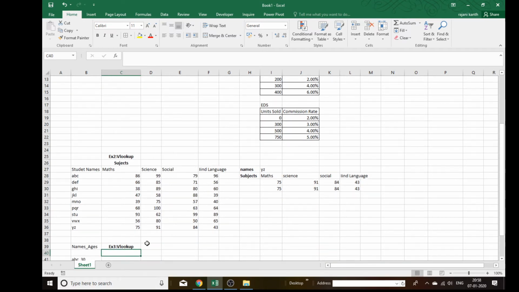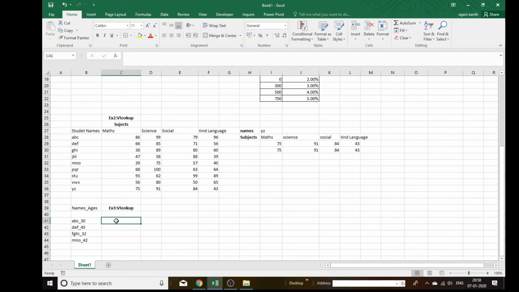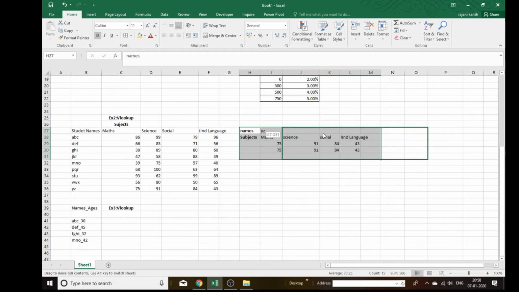Right. Now extract only the total. We'll make it here, total, okay. Wait a minute, we'll move aside. I'm using only the mouse because it's recording.